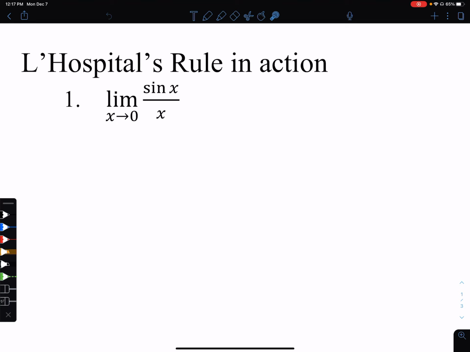We first want to figure out, does L'Hopital's rule even apply to this? Well, if you were to apply the 0 into the numerator, you would have sine of 0, 0. Put 0 on the bottom, you would get 0. This would end up being 0 over 0. So we don't want to write this is equal to 0 over 0 because it doesn't. We would want to say that this produces